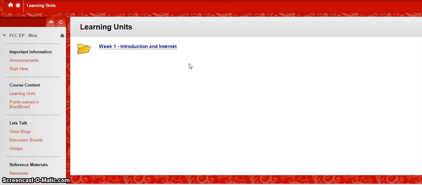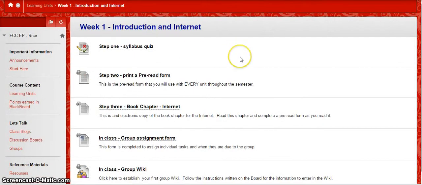You'll only see 1 week open at a time. Maybe sometimes you'll see 2 weeks open if some of the work overlaps. But what I will do is close those weeks that we're not actively working on so your screen doesn't get cluttered. Now, if we go into this link, the first thing you're going to see here is step